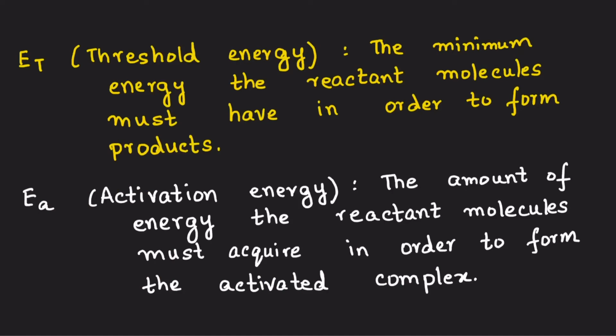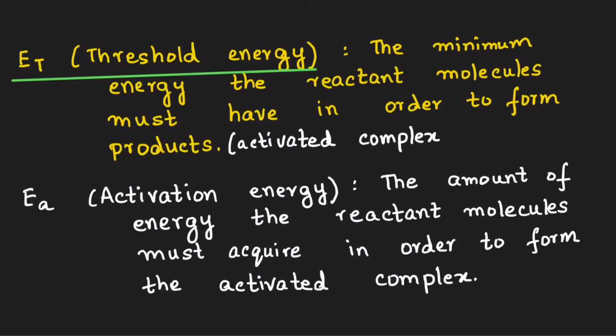If you've noted down the graph, I've got the definitions here in place for you. So we've got the threshold energy, the minimum energy the reactant molecules must have in order to form the products, or in some places we also say in order to form the activated complex, right? A molecule cannot remain in the state of an activated complex. Can you always remain charged up with energy, ready to study all the time? No, you need to relax. You need to soothe down as well.